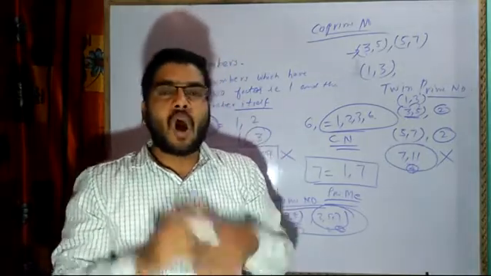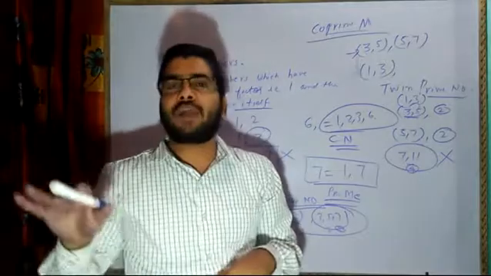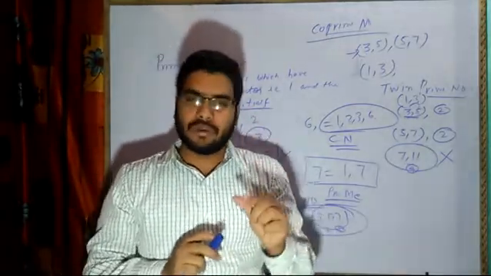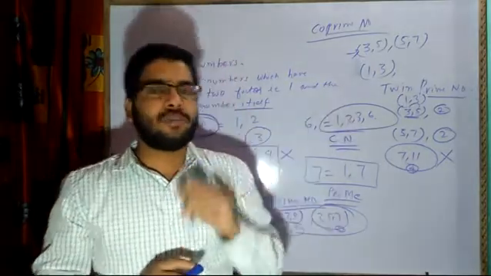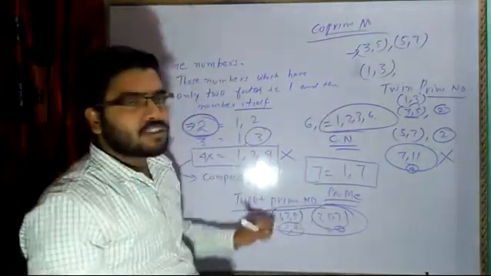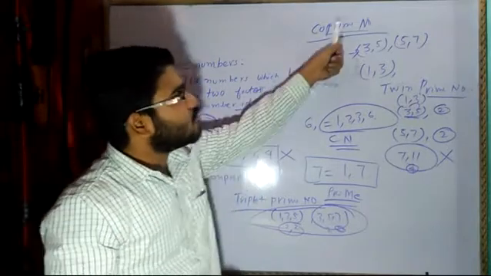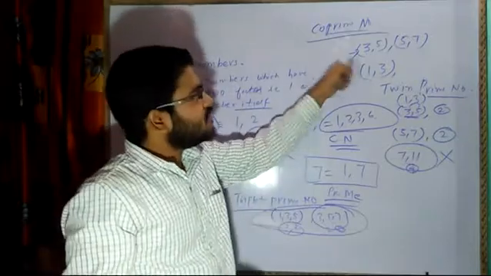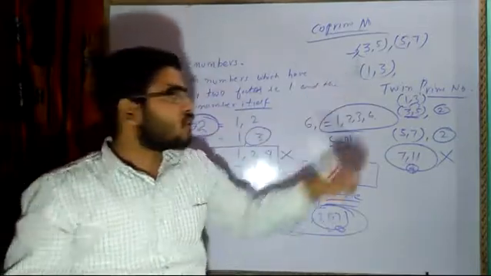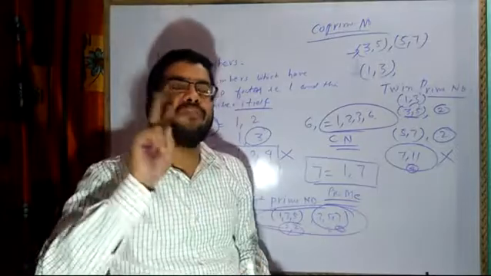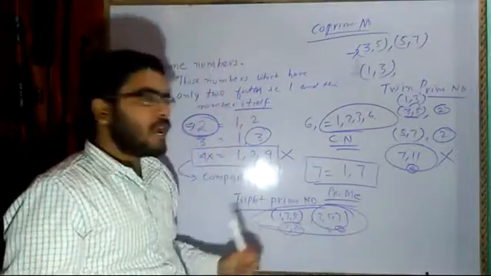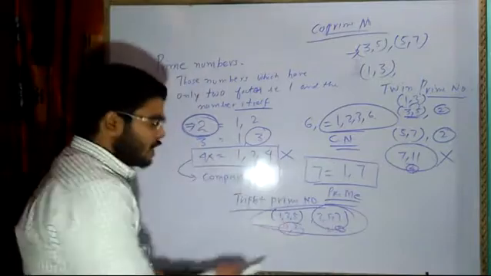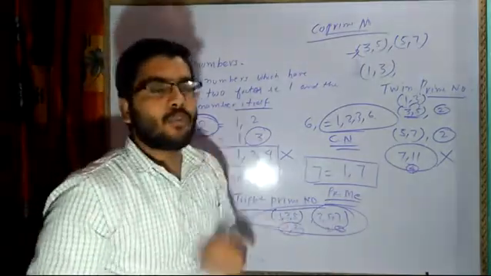That means all those numbers which are not prime are said to be composite numbers. Then, based upon prime numbers, we have co-prime numbers, where the common factor is only 1. And then we have twin prime numbers, where the difference between the prime numbers is always 2. Then we have triplet prime numbers, where we have 3 numbers in which the common differences are always equal to 2.